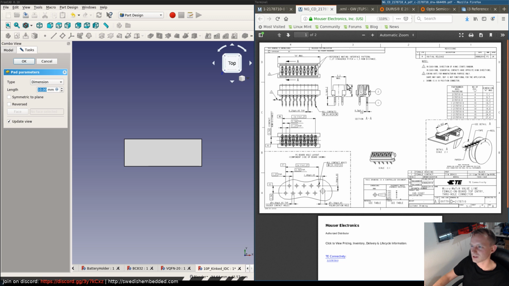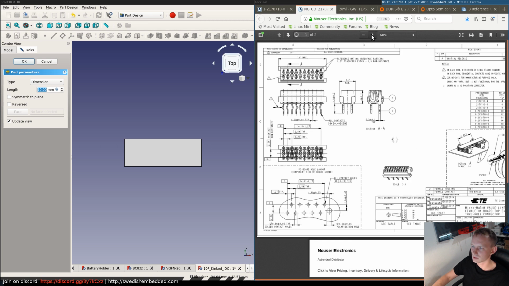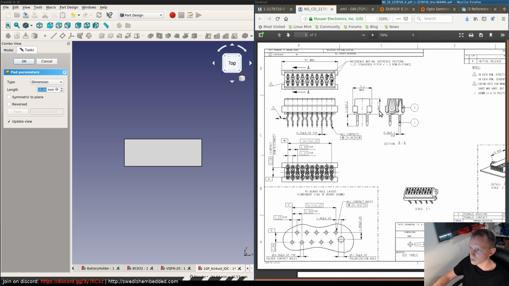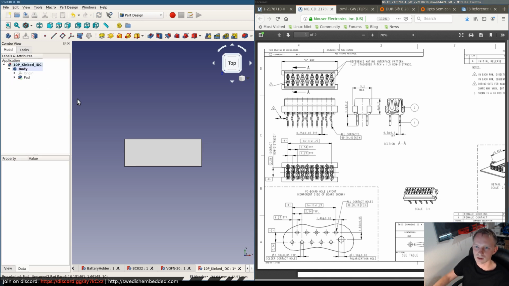It's like it doesn't actually say. So let's do half of that. So if I can just zoom in here, that is 4. Yeah, it's 4 plus minus 0.2. So let's do 2 millimeters. So now we have this one up there,